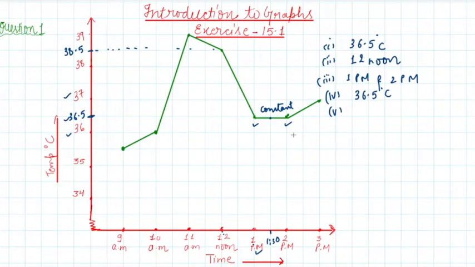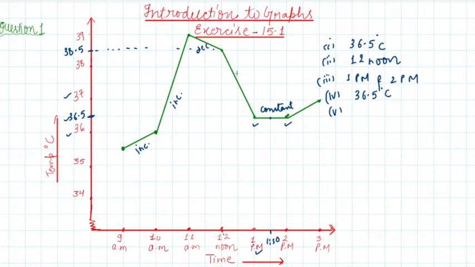Upward trend means when the temperature is increasing with the time. So if you see, let's begin with 9 a.m. to 10 a.m. From 9 a.m. to 10 a.m. the temperature is increasing. So this is one slot. If I go on 10 to 11, again there is a rise in the temperature. So I can say it is increasing. Now 11 to 12, if you see, the graph is coming down. It means the temperature in this duration is decreasing.